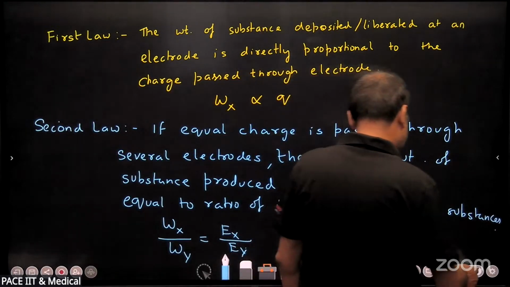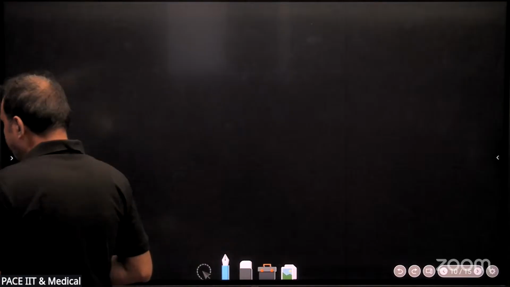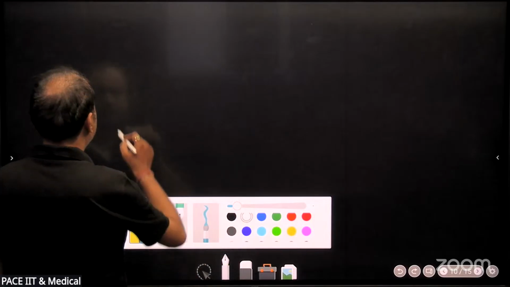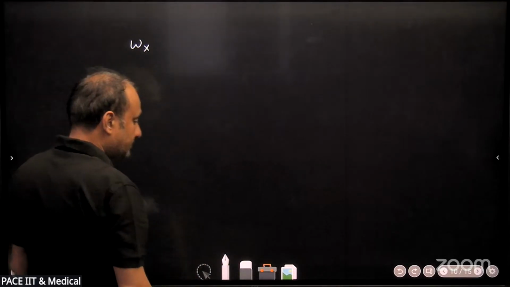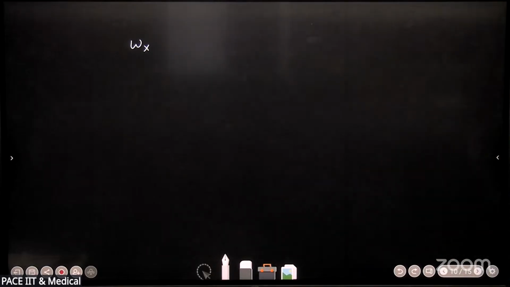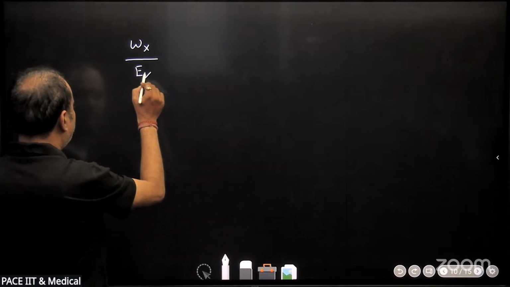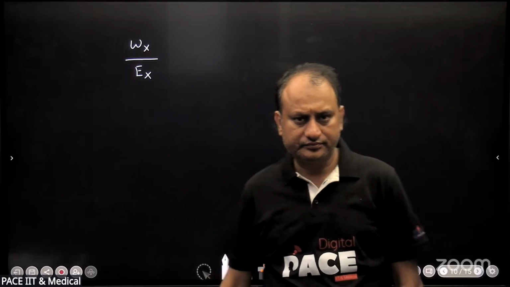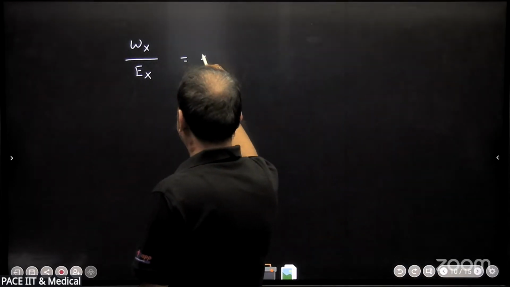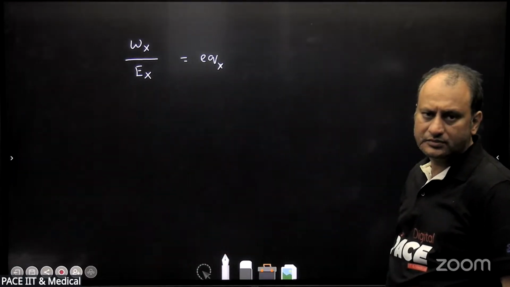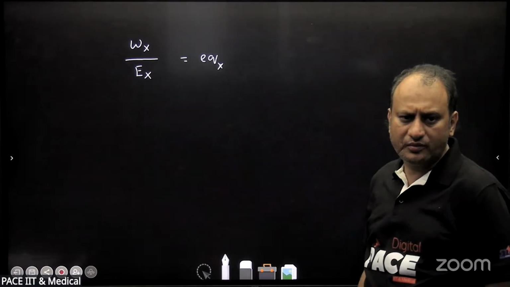Both of these laws can be combined in one simple equation. And what will be that equation? That equation we can write like this. Let's say some substance X is being liberated at any electrode. Then weight of X upon equivalent weight of X is the number of equivalents of that substance X. Correct? And this will also be equal to